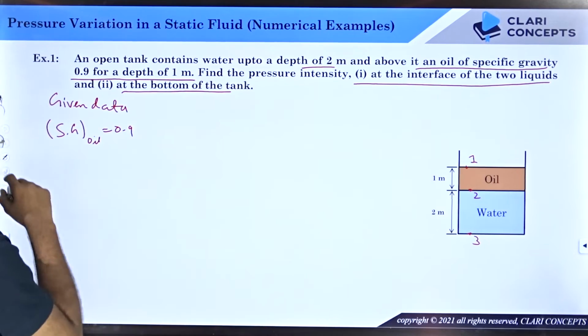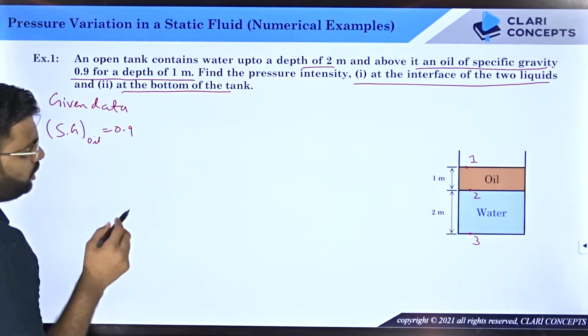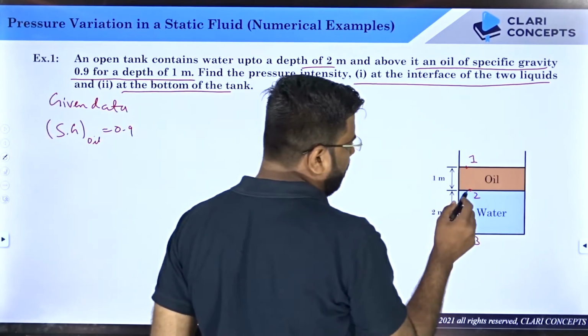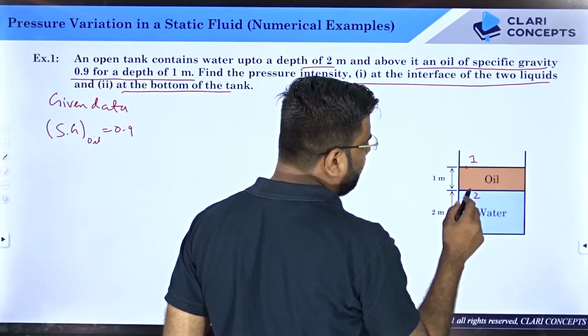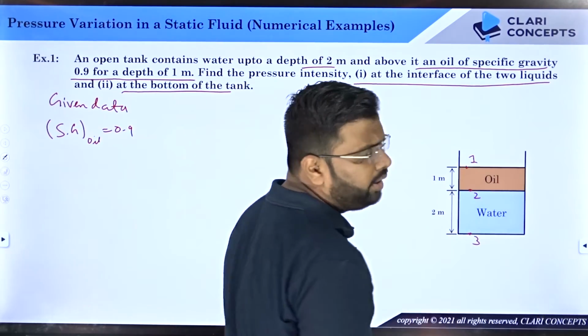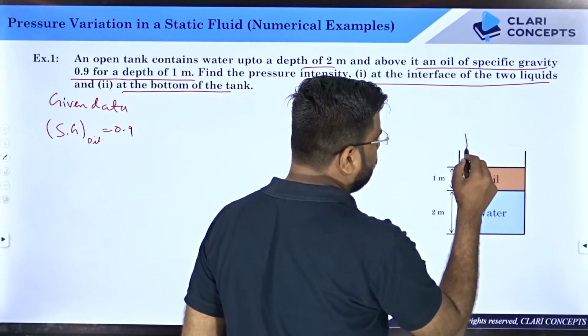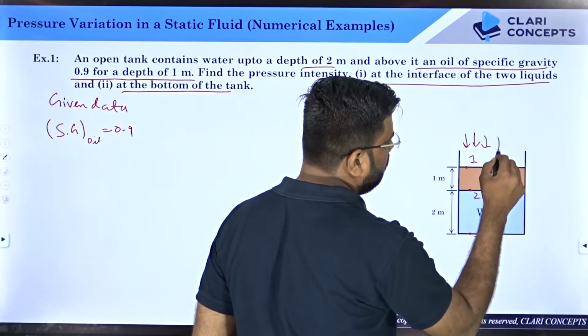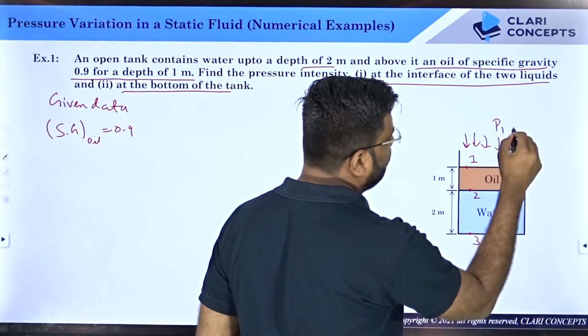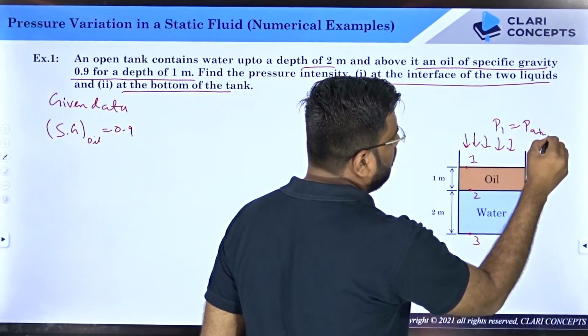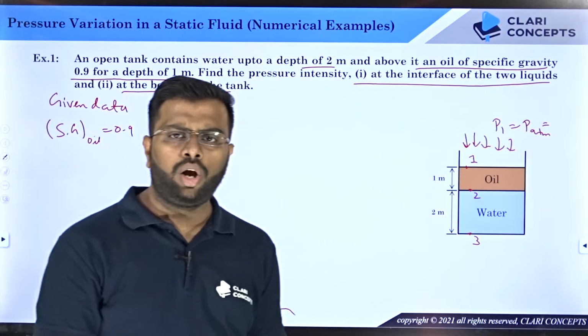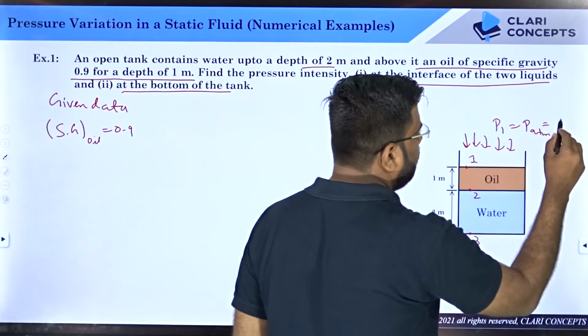Alright. So what I will do? Firstly, I know that if I want to measure a pressure at point number 2, I must have a pressure at just a point above it, right? So if you talk about point number 1, this is open, right? So it is exposed to atmospheric pressure. So I can say P1 is equals to P atmospheric. And if you take the gauge value of this pressure, it is 0 Pascal, right? The atmospheric